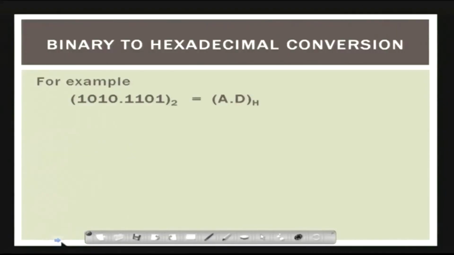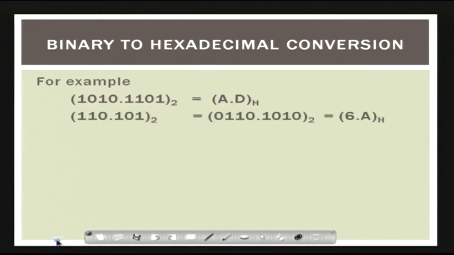If we are on the left hand side, for the integer part, we should always move towards the left. So, for example, we will take a number like 1010.1101. Both the numbers on either side of the point have 4 bits. So, no problem: this number represents D in the hexadecimal form, and this binary number which gives 10 can be represented as A. All this can be seen in the table that was shown earlier. From the table itself you can write it.